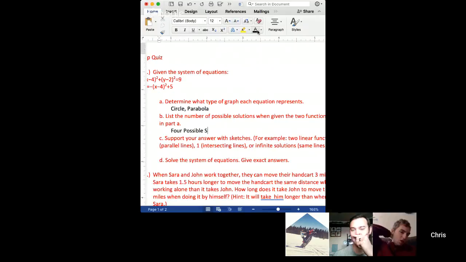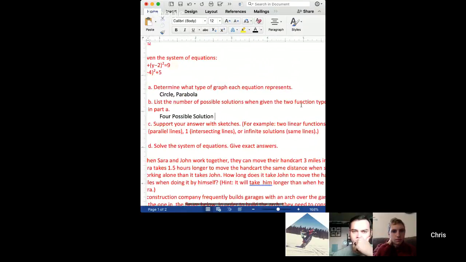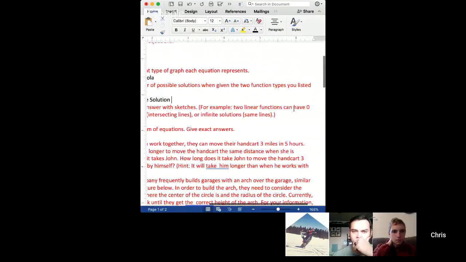So you're saying there's 4. How did you find the 4 answers? Oh, yeah, it's to support your answer with sketches. For example, 2 linear structures have 0. List possible solutions when given the 2 function types from part A. Yeah, I'd probably say there's about